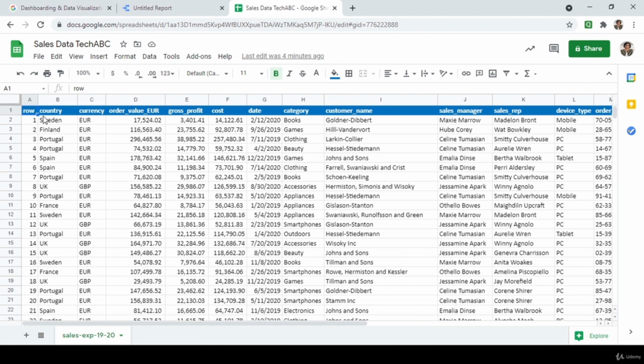Now let us understand what the different columns in this Excel are, because we will be creating a report out of that. So let us understand our data first. This is the sales data of a company which delivers its product in many countries, and the data is for the years 2019 and 2020. So there are different countries, then the currency of the country, then order value in euros, the gross profit it has got on orders, the actual cost,